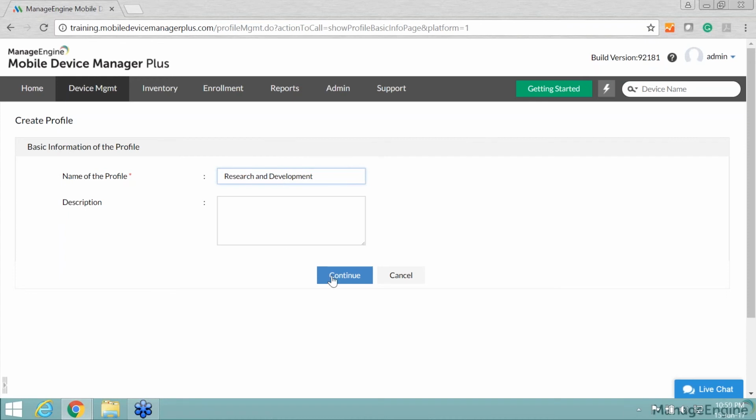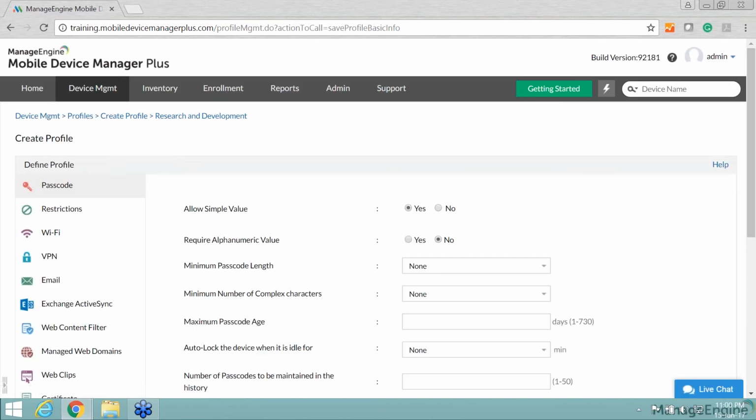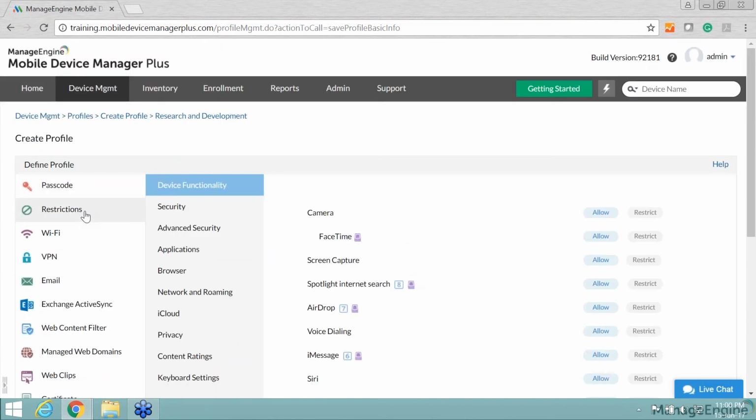I click continue. I then proceed to click on restrictions on the left side. Within restrictions, I click on security.